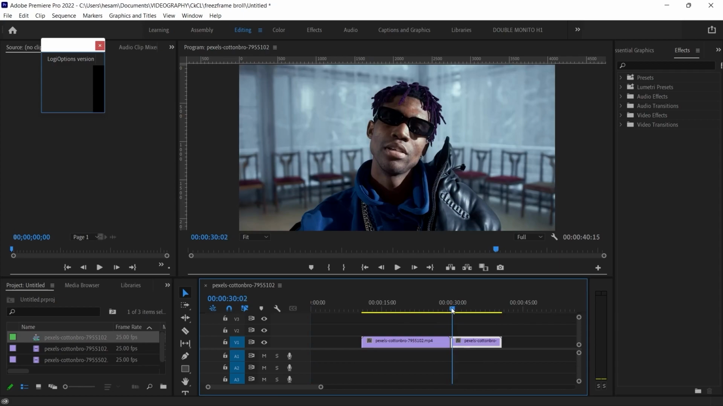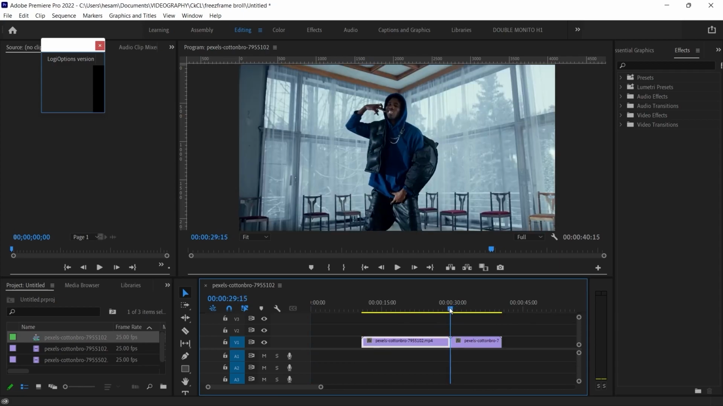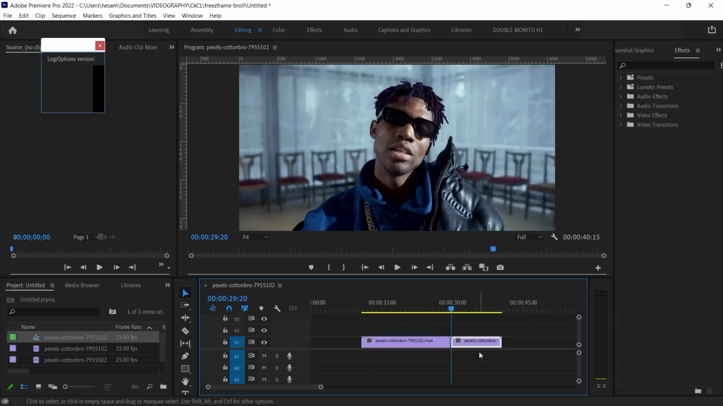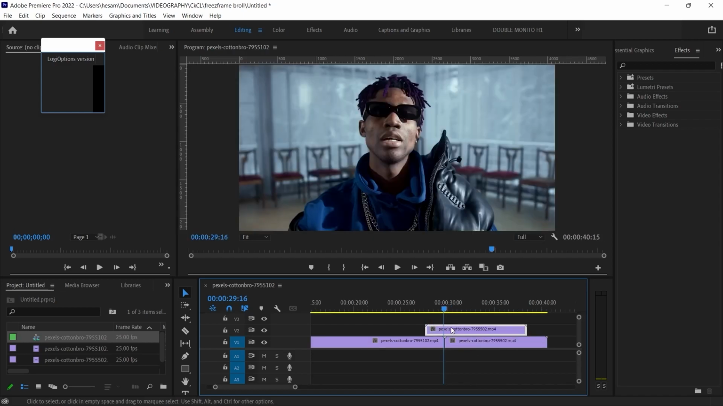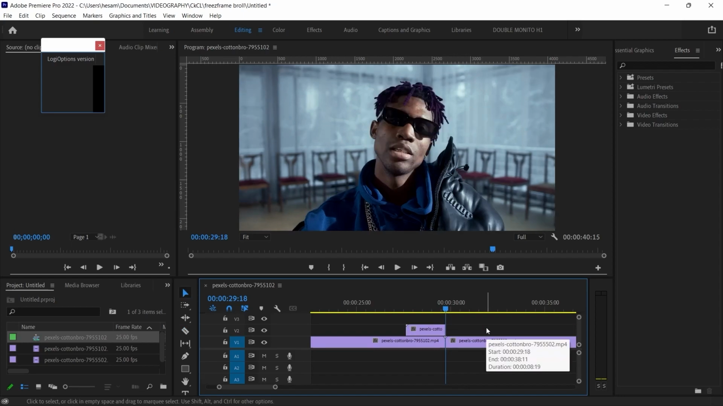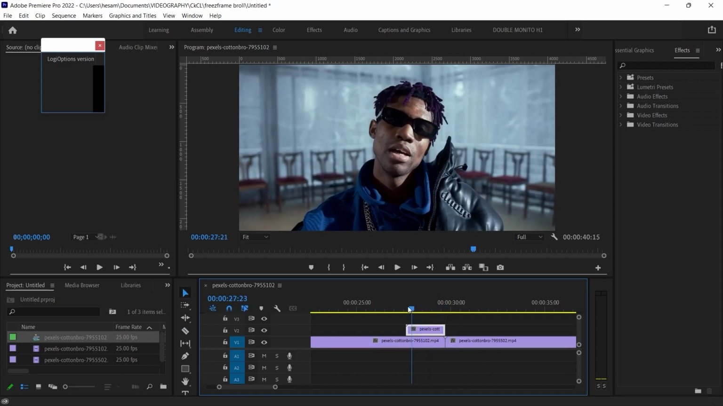Put the playhead at the beginning of the second clip. Duplicate it by clicking and holding the Alt button. Move the clip a little back, make it a little shorter, and cut it by clicking C, and delete the other section. Click on the duplicated layer